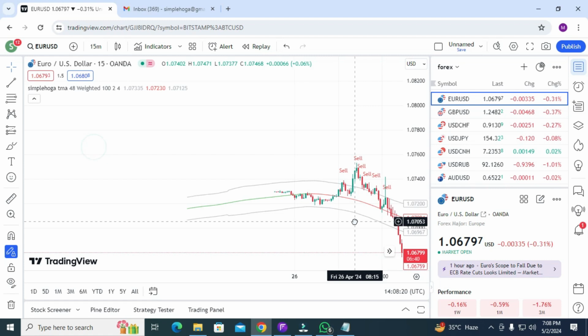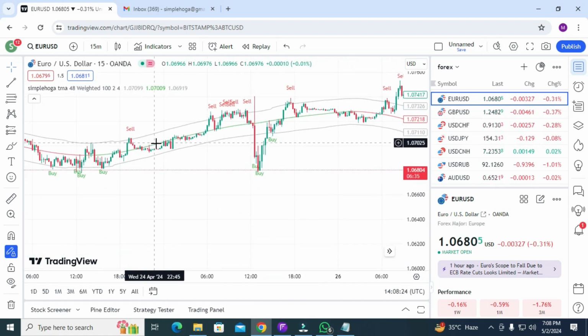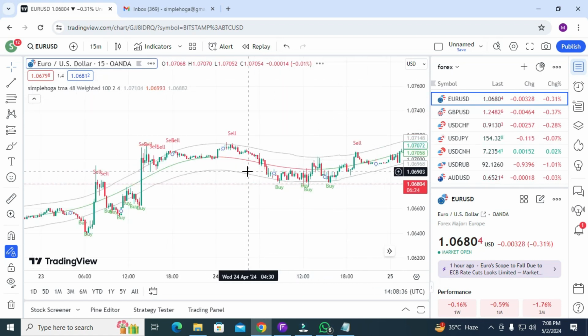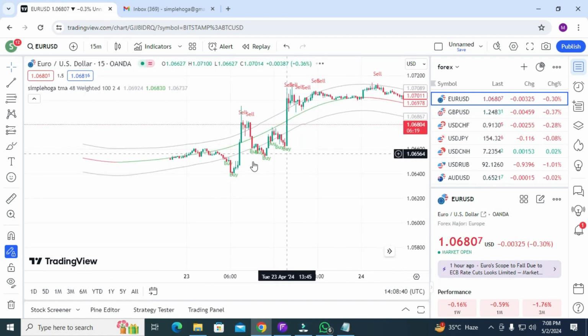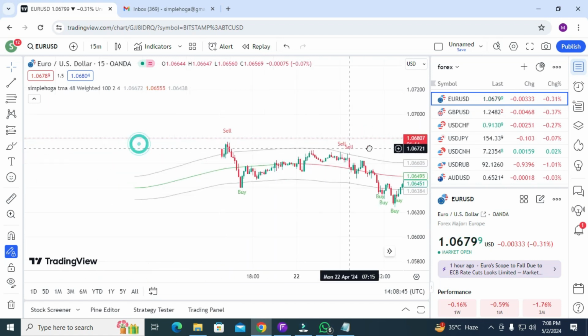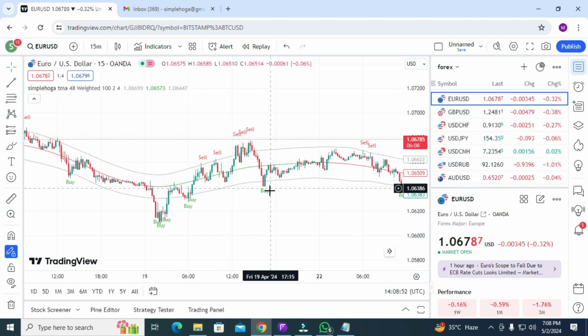Okay, but there are some fake signals as well, because on the sell signal the market goes upside, and then at the end you got some profit, but the point is you are getting some loss here. So let me show some other buy signals. It also gives you profit. There are some fake signals as well. All the buy signals give you profit. And on this one sell signal, market goes upside, you got sell again, but then you got the profit.